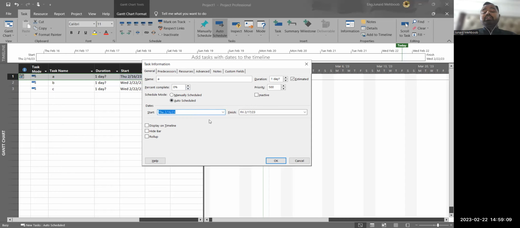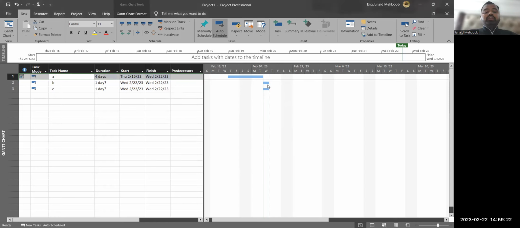Remember that you just need to select the start date, not the end date, because when you select a start date and you enter the duration of the activity, the end date will be scheduled accordingly. So if I enter it, you can see that the end date is also changed because I've entered the duration of 4 days. So